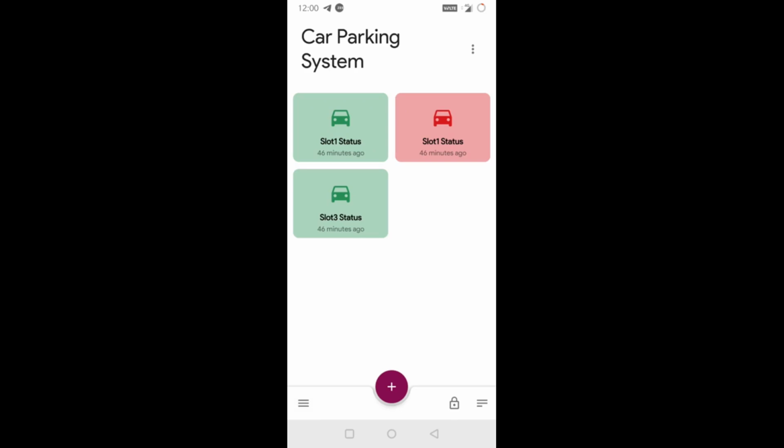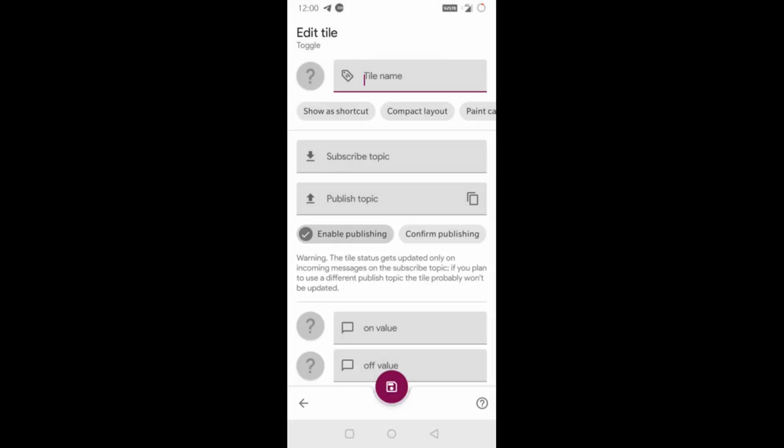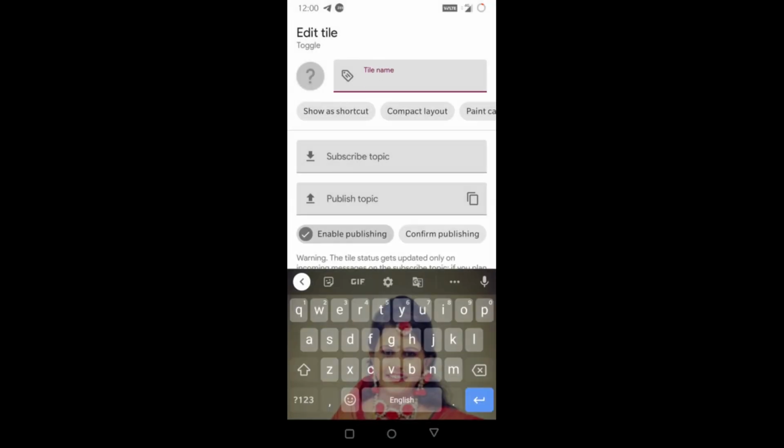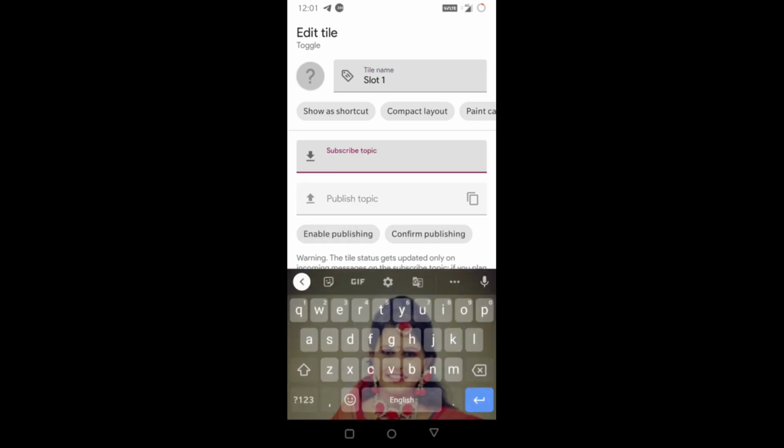If you want to create this type of button here, just click on plus, then click on toggle. Then give the title name as, let's say, slot 4. In your case you will type slot 1. So I will type slot 1 only. Now disable this, enable publishing and subscribe topic.